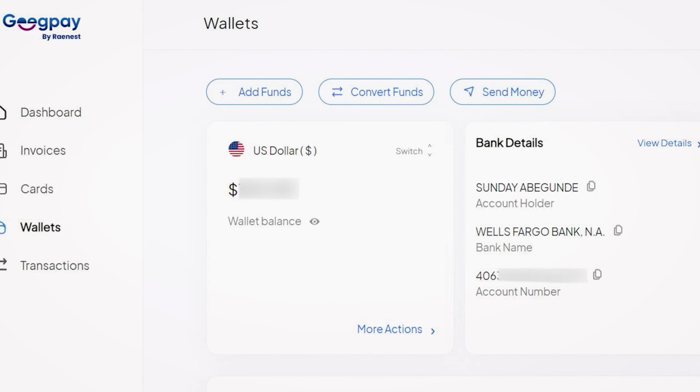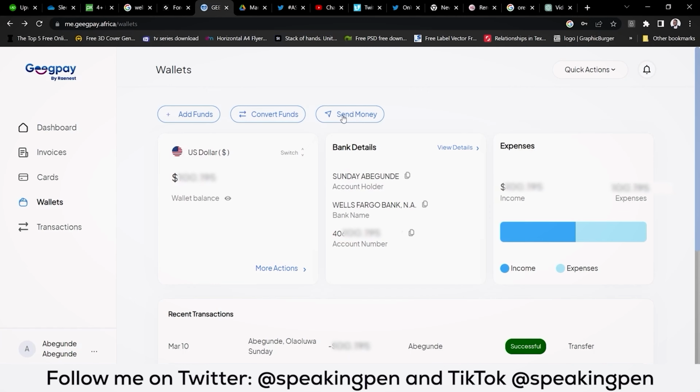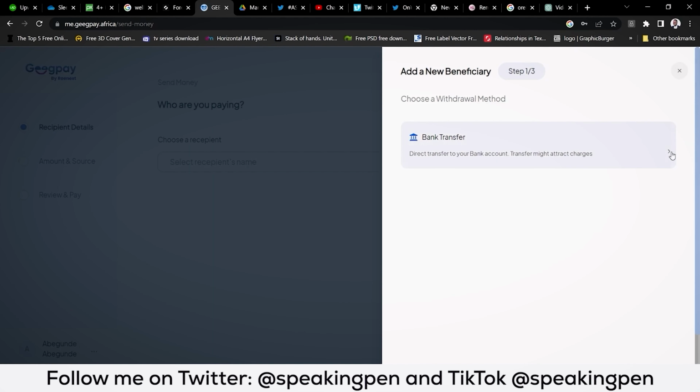Everything I am going to say about GigPay right now, if Gray fulfills their promise, is going to apply also to Gray. So GigPay by Rhinest gives you a US bank account. My US bank account is a Wells Fargo bank account. I can add it under the direct to US bank in my Upwork account. So the money is sent to the Wells Fargo account, which would reflect in my GigPay account. I can send it from my GigPay to my Naira account or to any other person I want to send it to.